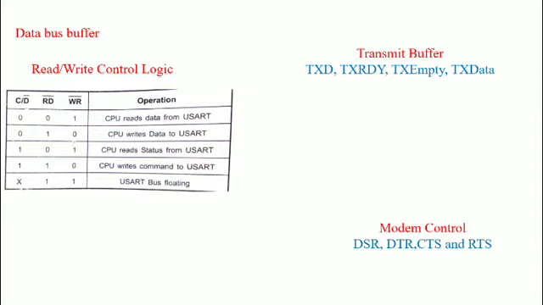Coming to transmit ready, this output signal indicates to the CPU that the buffer register is empty and the USART is ready to accept a data character. This is the first point. It can be used as an interrupt to the system or for hold operation. The CPU can check transmitter ready using the status read operation. This signal is reset when the data byte is loaded into the buffer register.